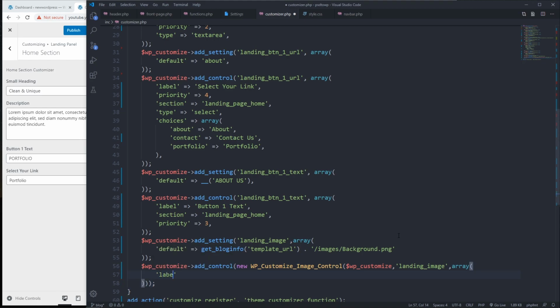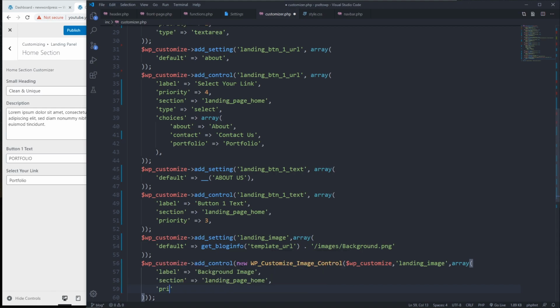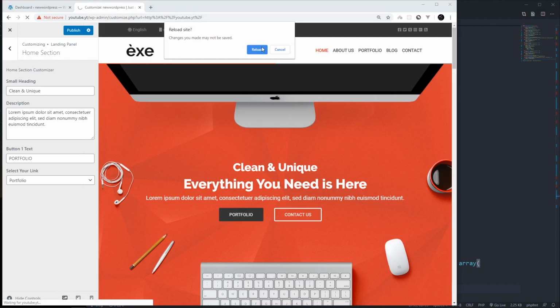Here will be the label, it will be background image, section, landing page home, then priority should be 5. Now if we go back here, reload,